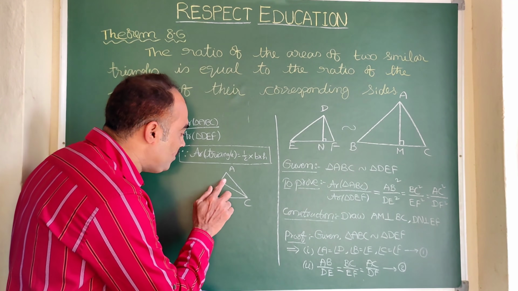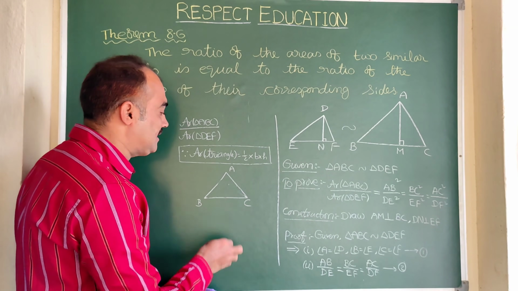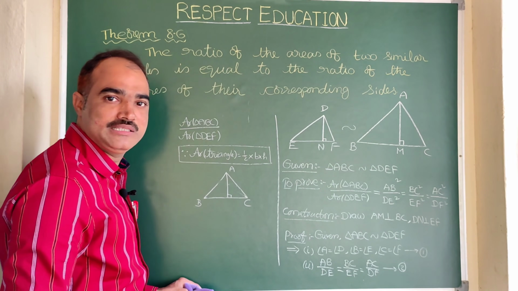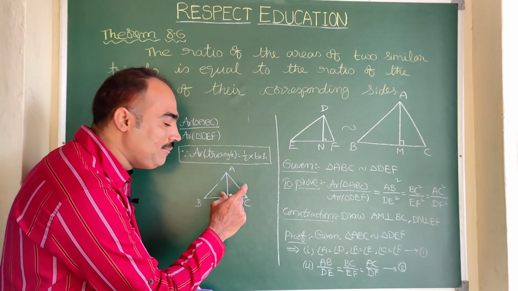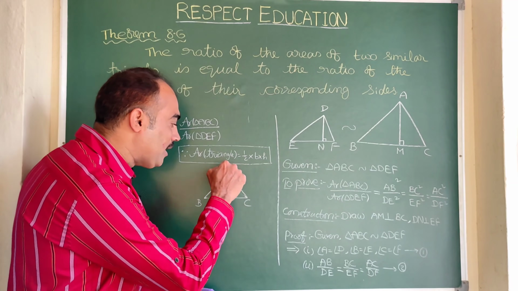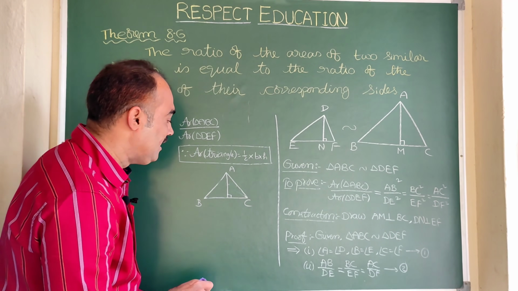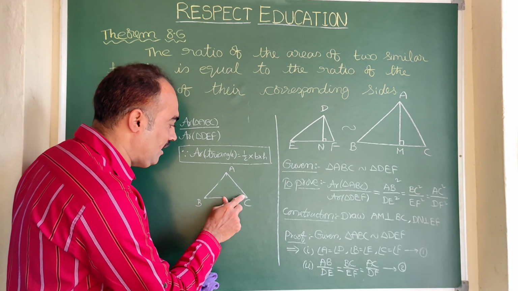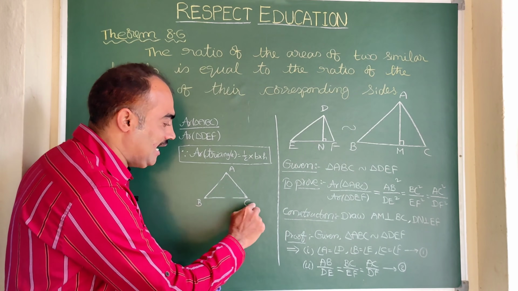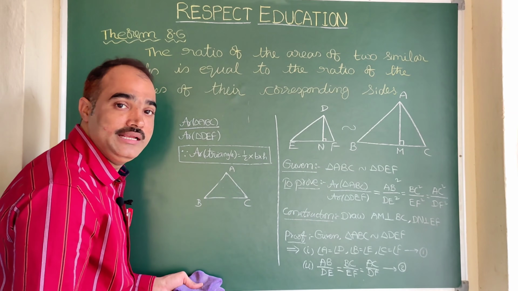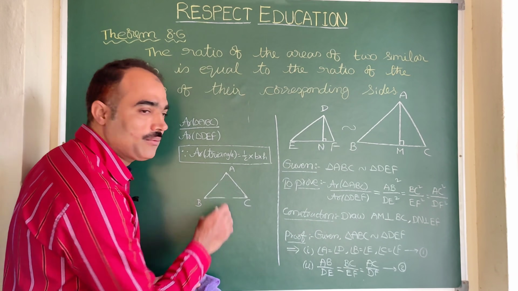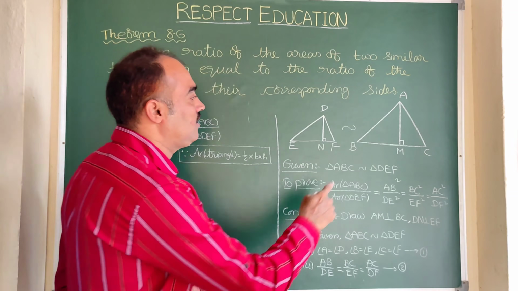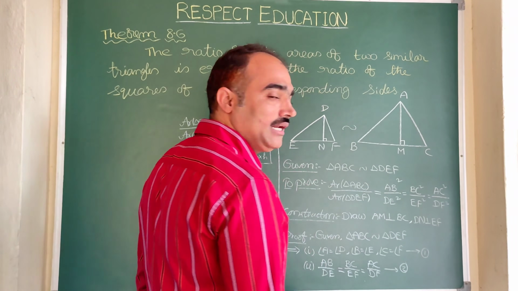Is it clear? Observe the same: if I draw a perpendicular from A to BC, then BC will be the base. So the base is decided by the side on which the perpendicular is drawn. If no perpendicular is drawn, then we should not say that BC or AC or AB is the base. The only thing we have to check is the perpendicular line. With the same idea, come back to this theorem now.